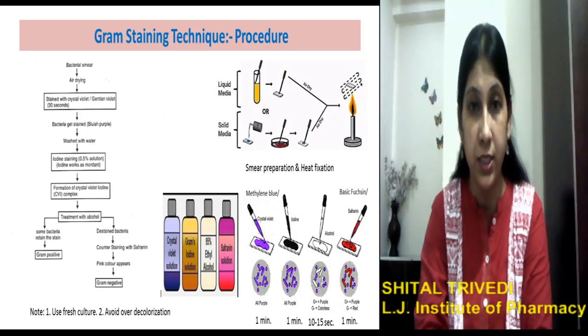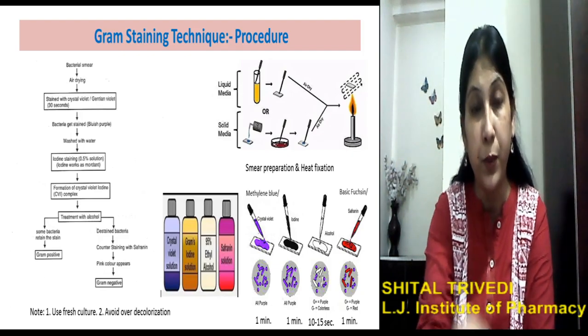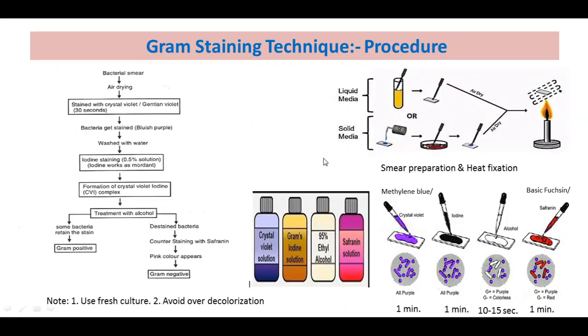Now let's see the procedure. The initial step, common with positive staining, is smear preparation and heat fixation. In this pictorial presentation you can see how to prepare the smear. Take the source of microorganism, which can be of liquid or solid consistency. If it is liquid, take one loopful of culture on a clean glass slide. The slide can be marked on the bottom side with a marker. If it is solid, one needle point of the culture can be mixed with one drop of water.